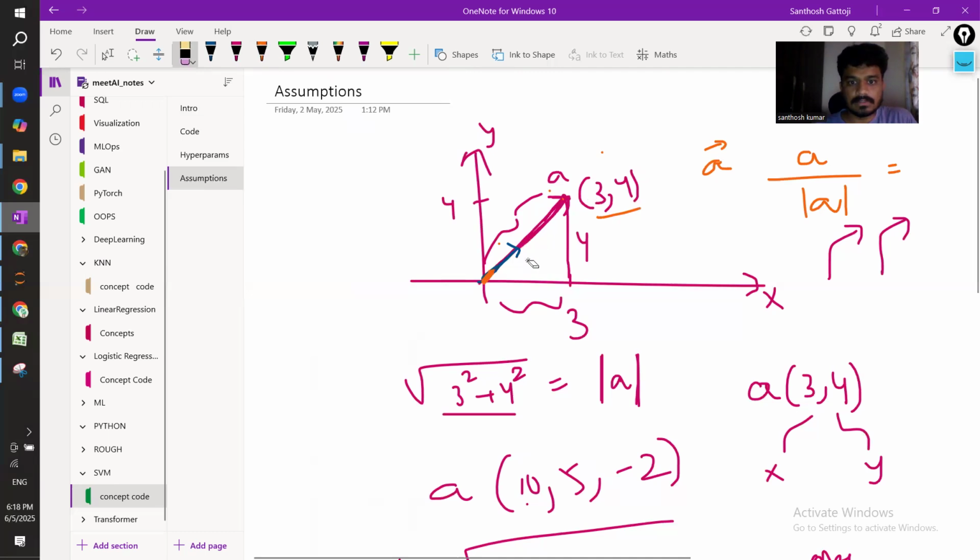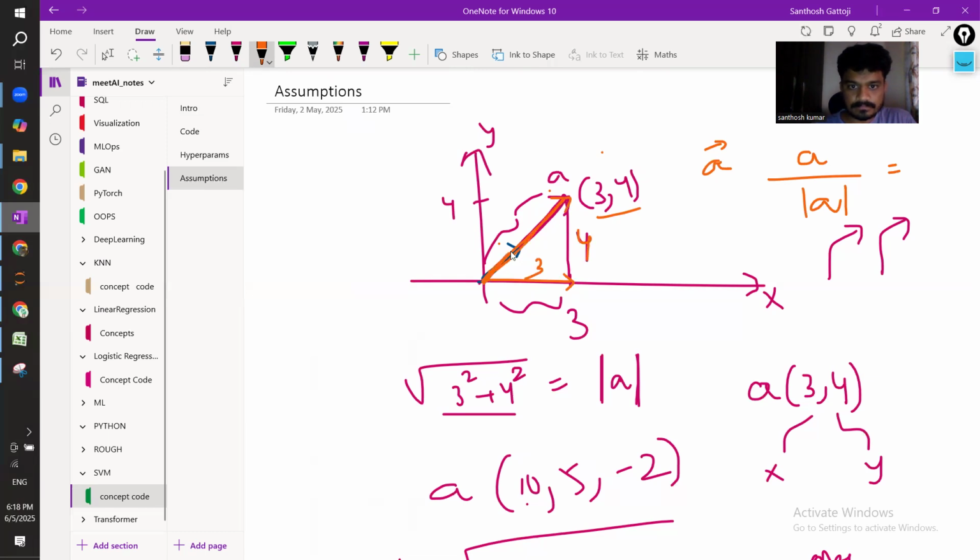We need to find the distance from the origin to the point 3 comma 4. See, if this is 3 and this is 4,